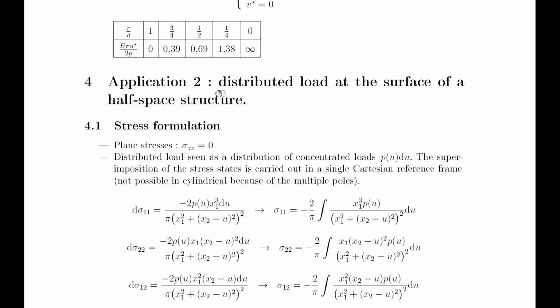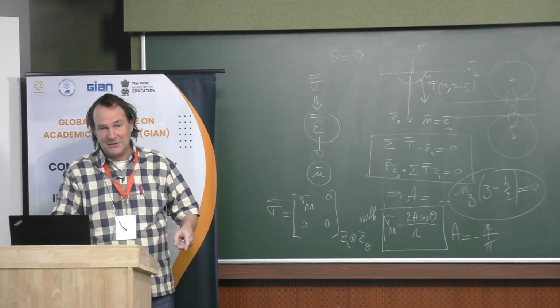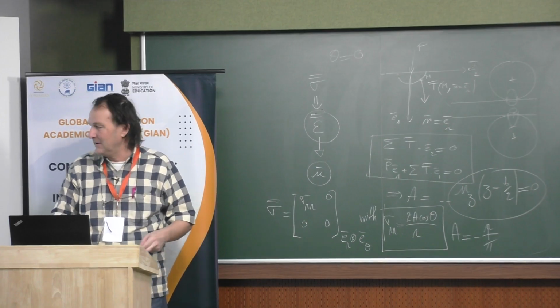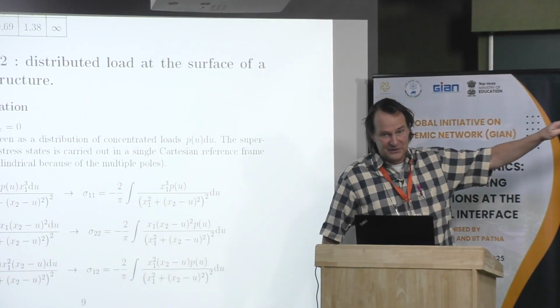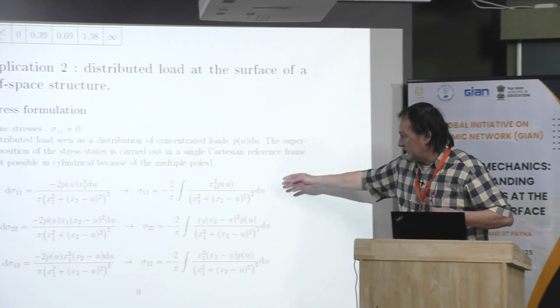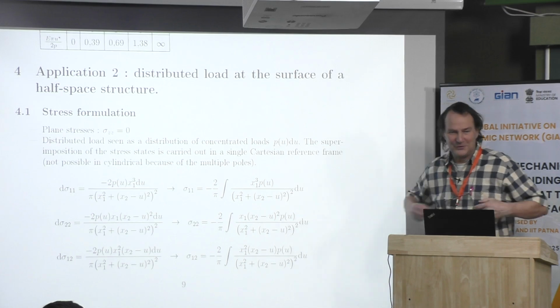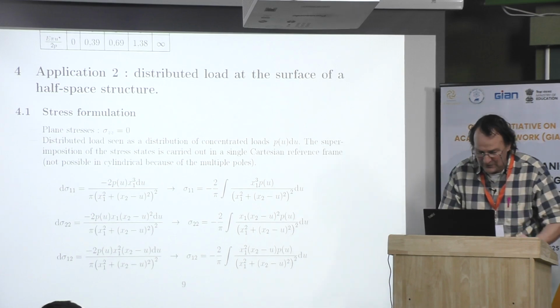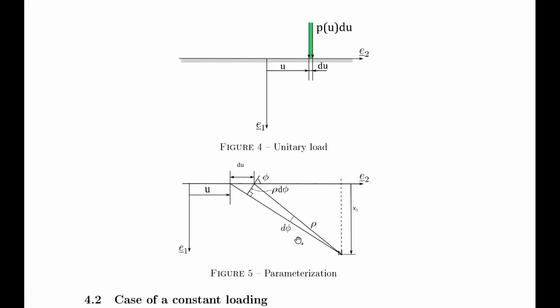Now this is for distributed load. This is the graph I put on the bottom. To do that, you have to switch to a Cartesian reference frame. Here, everything is expressed along the 1 and 2 directions. This is no more the polar or circular reference frame. Then these are the solutions. This is quite similar to the Hertz problem for a cylinder. This is, in fact, what he did. This is the way we integrate everything.